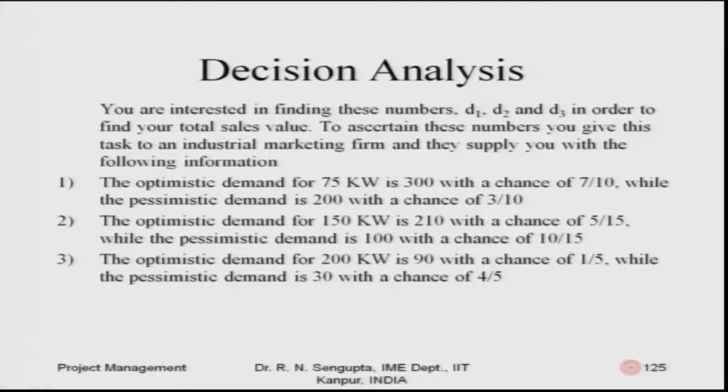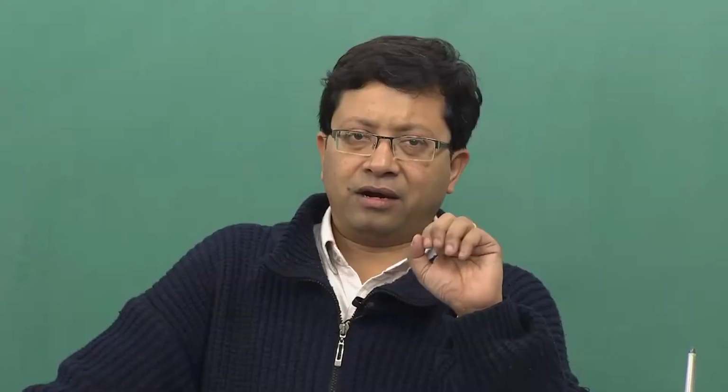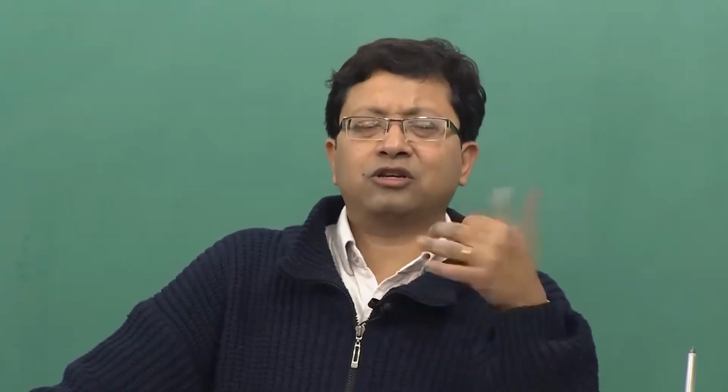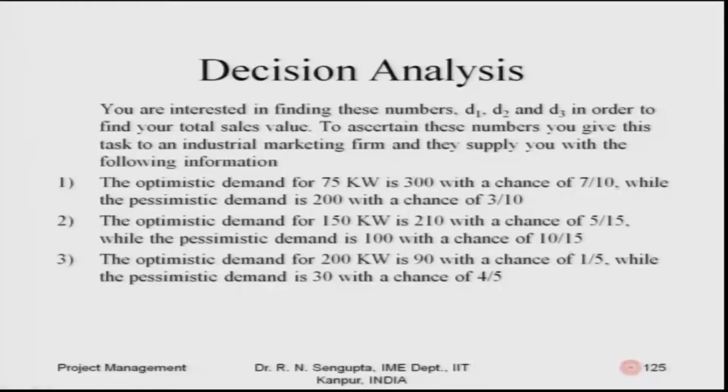If you are interested in finding these numbers D1, D2, D3, consider the optimistic demand, probabilistic demand and so-called pessimistic demand; it can be any combination. We consider very simply that there are two outcomes of the demand, very good or bad, or average or bad, or it may be good or bad, like basically you are tossing a coin. There is a head and tail, only two outcomes. The probabilities are with optimistic 7 by 10 for 75, 3 by 10 for